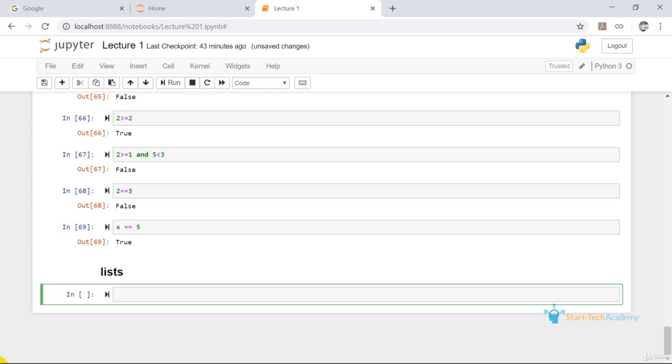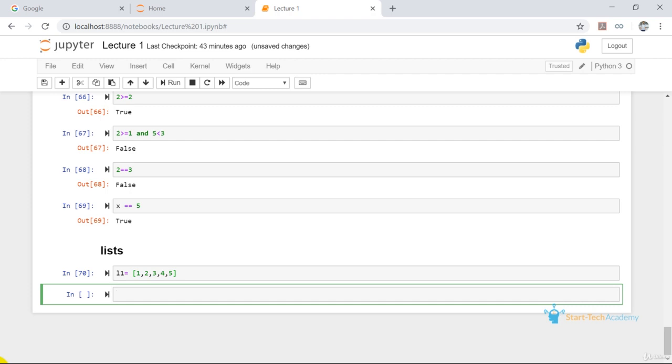So if I write L1, L1 is our variable name. Then in a square bracket, if I write 1, 2, 3, 4, 5, and run this, L1 is our list. To check, we'll write type L1.